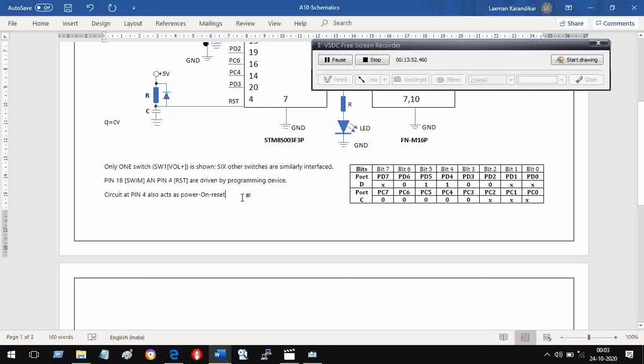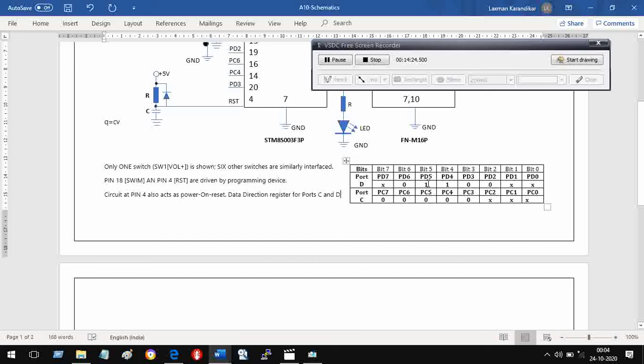What I am referring to is the data direction register for ports C and D, right? So this is for port C, this is for port D. It is the data direction register. It is abbreviated as DDR.